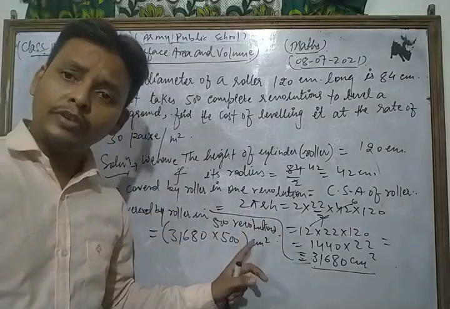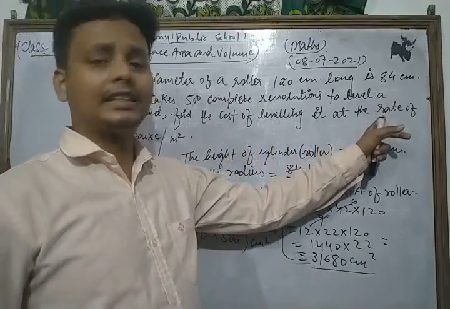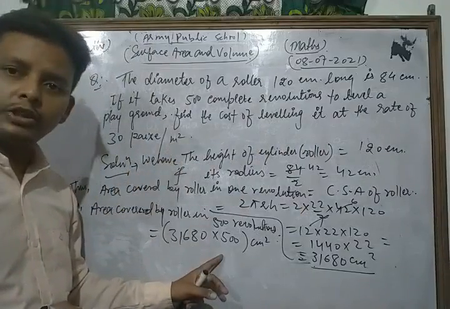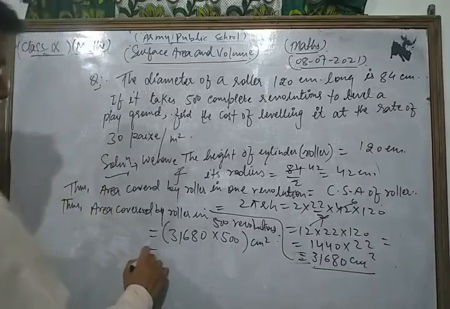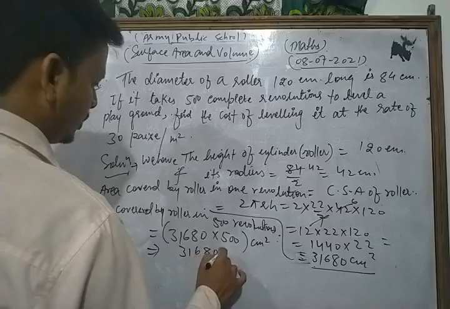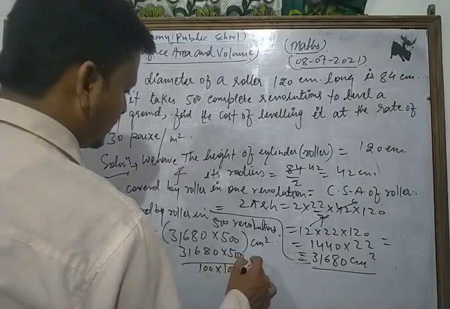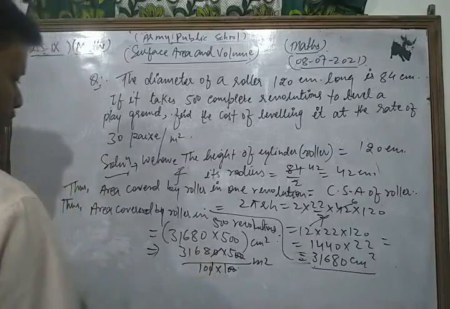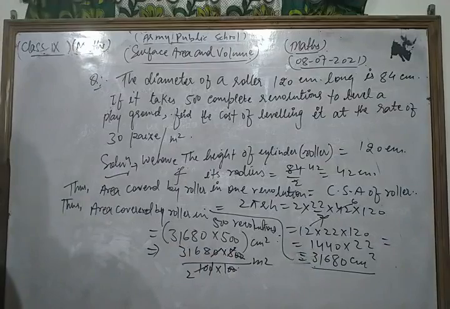Now we convert into meter square, because we find the cost of leveling that ground at the rate of 30 paise per meter square. First of all we convert it into meter square, so we multiply by 1 upon 100 upon 100 meter square. So we can write 31680 into 500 upon 100 into 100 meter square. Now the zeros cancel each other. 5 2s are 10, and now we divide by 2, so we get